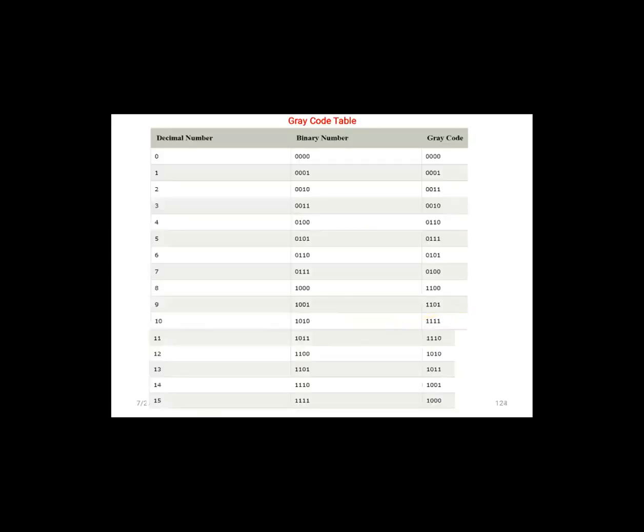Now this was all the procedure. Now here you can see the decimal number 0 to 15 है, binary number you already know how we have written. Just see the gray code, how it is written. One bit is changing at a time. So 16 numbers are there. Starting का 8, 0 to 7 का 0 रहेगा MSB, पीछे के सारे 1 रहेंगे, और अभी जो 3 bit वाले हैं that will be repeated. So you write this nicely, this gray code. You can write it at home.